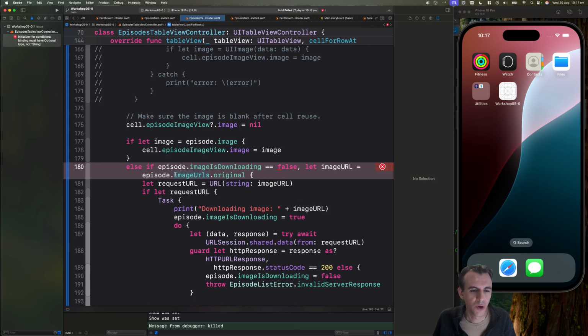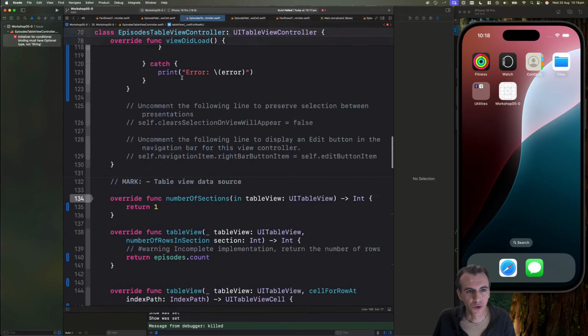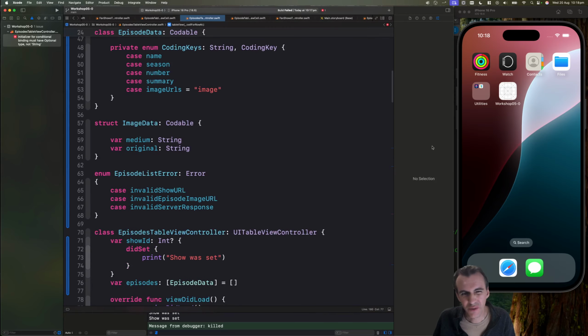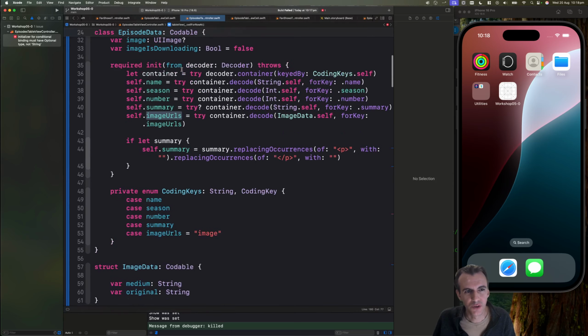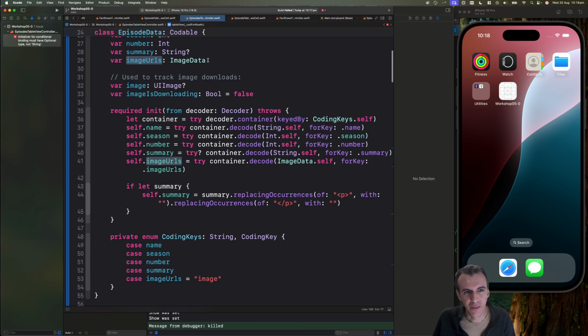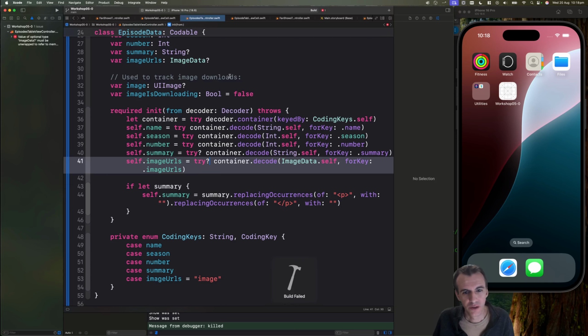So at the moment, this image URL is not an optional, and it may be in one of these cases there is no image URL. And that could be because an episode doesn't yet have an image. So let's just change it to make it optional, and that will also maybe fix a problem if one of our things doesn't have a